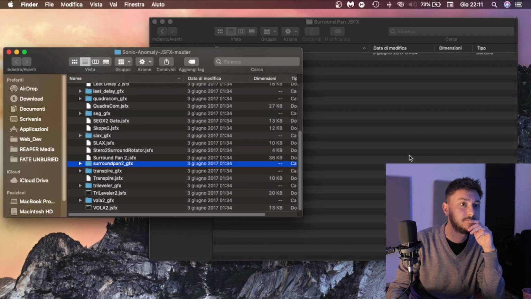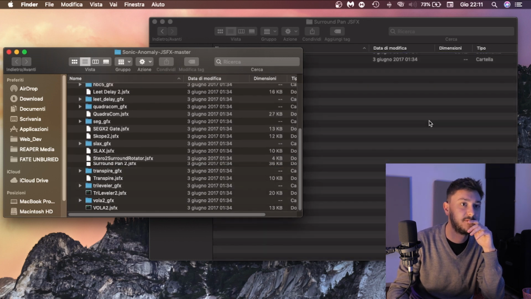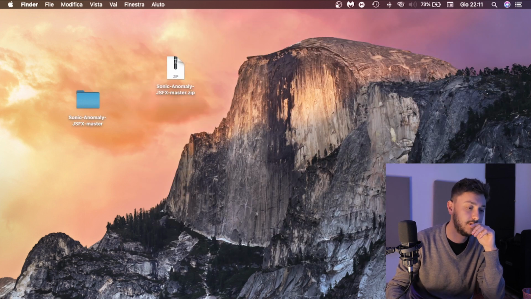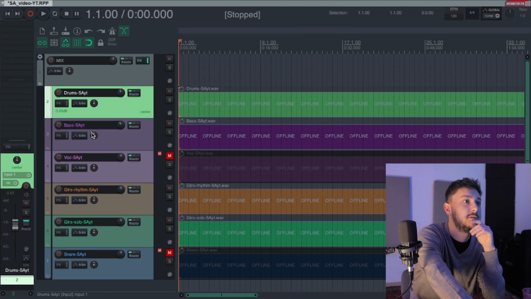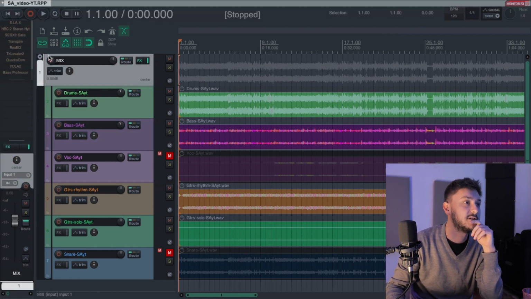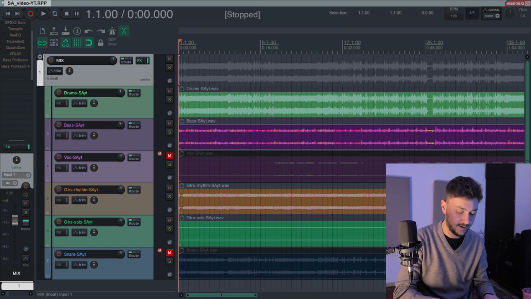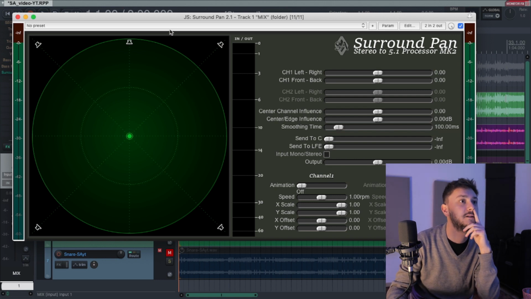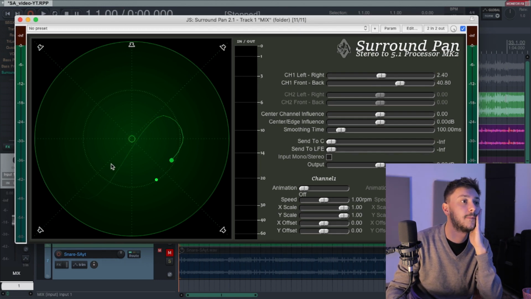Then just drag this folder and the JSFX file, and you're done. Was it hard? No, it was not, but you just have to now restart Reaper. So now I have restarted Reaper. If you just open a plugin here and I search for surround pan, boom, there it is, JS surround pan 2.1. This is the surround pan from Sonic Anomaly,